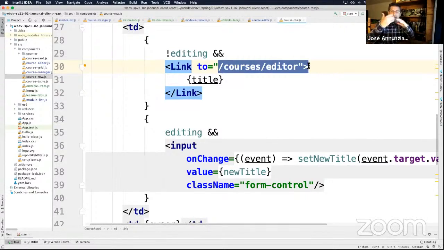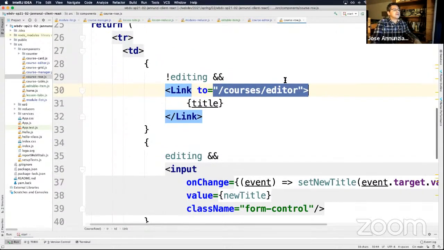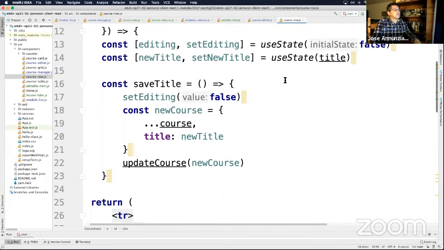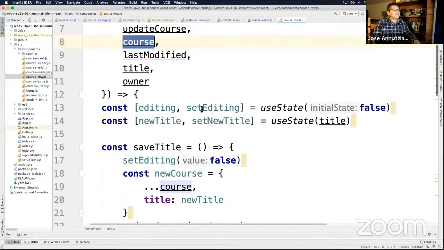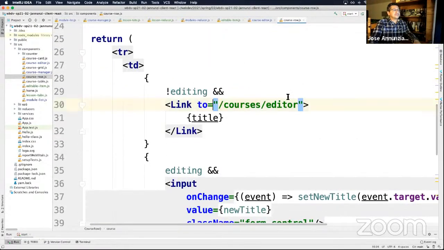But we want to append the ID so that I can pass the ID over to the other component, to the other screen. So the way we're going to do that is, instead of making this a hard-coded string, we're going to convert this into an expression that we can calculate so that we can append the ID of the course. Because here we have the courses being passed to us. Here's the course, and in there, this should be an ID. So let's convert this into an